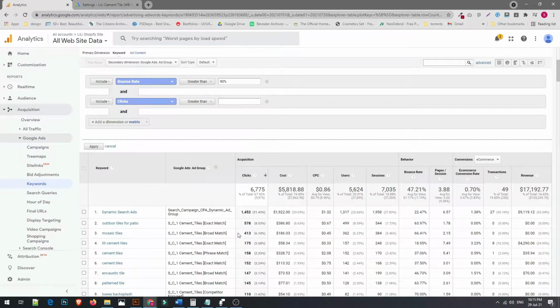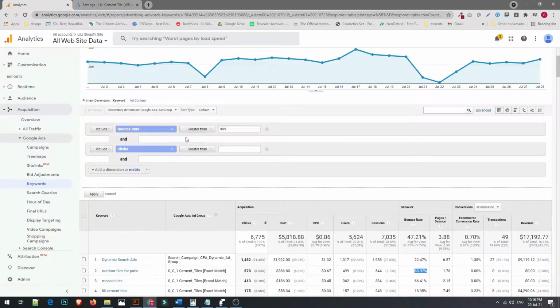So this particular click or this traffic that came on your website, 78 people using this particular keyword landed on your website, and their average bounce rate is 63%. So this data is related with this particular keyword. So you want to know all the keywords with a bounce rate of more than 90% and the clicks, just so that we have